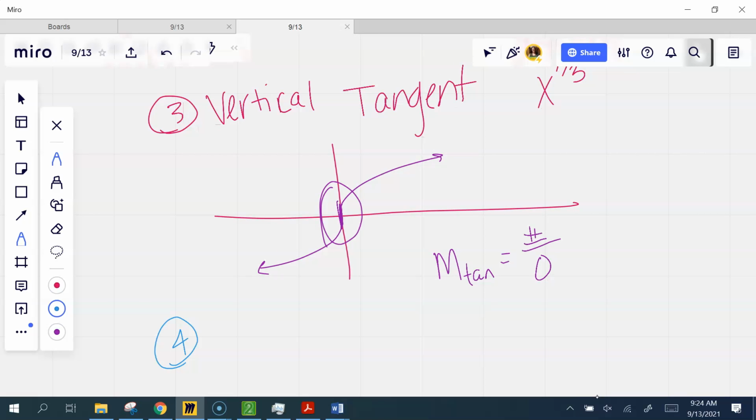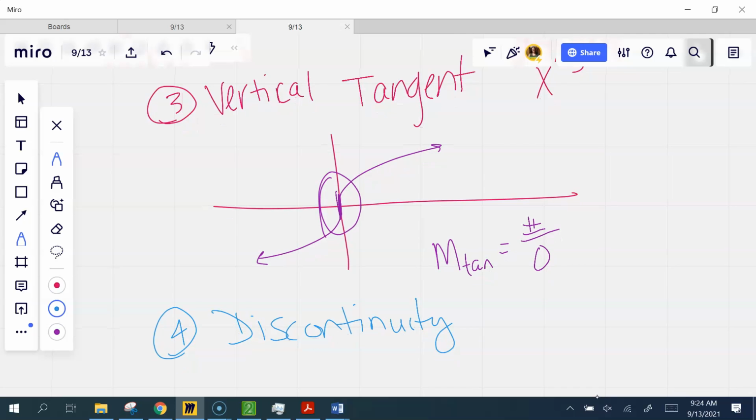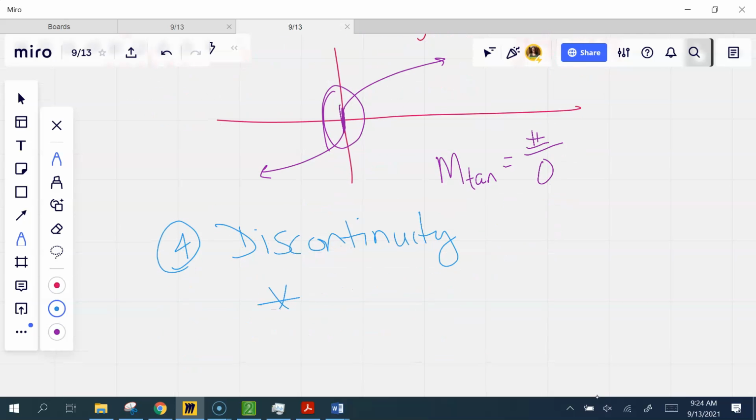The very last one is the one that probably would make the most sense to you. If a function is not continuous at a point, then it is not differentiable. And that is an important point to remember. In fact, I'm going to put that up. If a function is not continuous at a point,